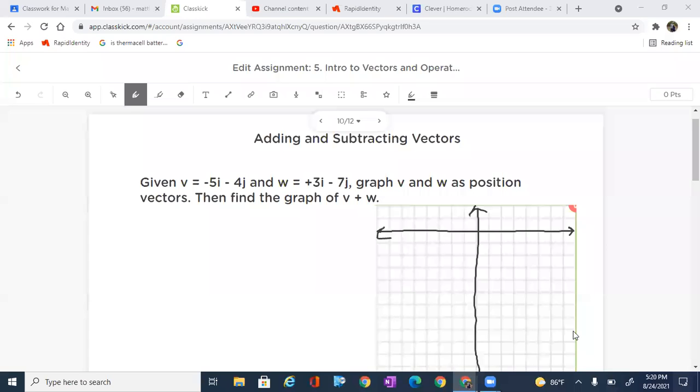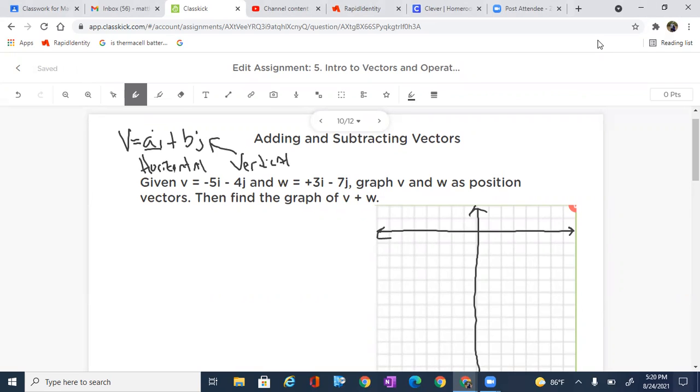All right, we're going to add and subtract vectors, and we're going to do this algebraically. But what we're going to do is focus on the form of ai plus bj. So we're going to be looking at that form. And remember that this simply means that we're looking at the horizontal component, a, and b being the vertical